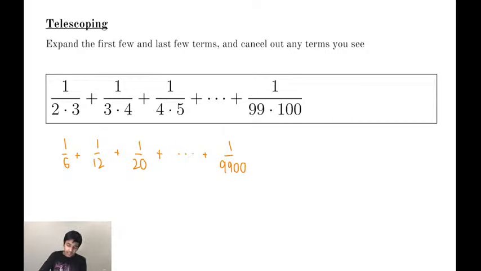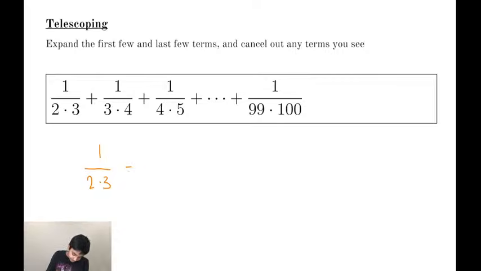So the idea here is to see that we have 1 over 2 times 3, 1 over 3 times 4. Let's expand term by term. Let's not write the whole sequence before we know how to handle it yet. So what's 1 over 2 times 3? That's just going to be equal to 1 over 6. And 1 over 6 is equal to 1/2 minus 1/3. If you know that 1/2 is 3/6 and 1/3 is 2/6, you might see that 1/6 is equal to